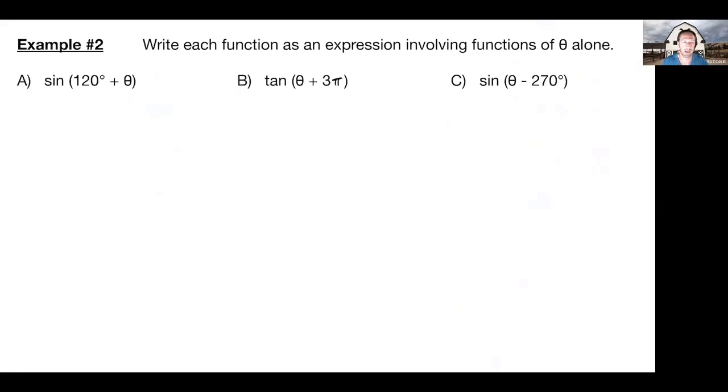Example 2 is going to ask us to utilize all of our new, remember we already did cosine in the previous video, but new trig functions for both sum and the difference. Okay, so go ahead and pause it. If you want to try all three of these, go for it, but it's merely just rewriting and then evaluating,